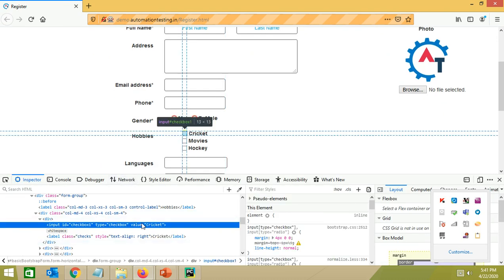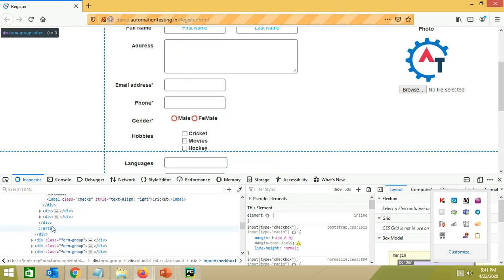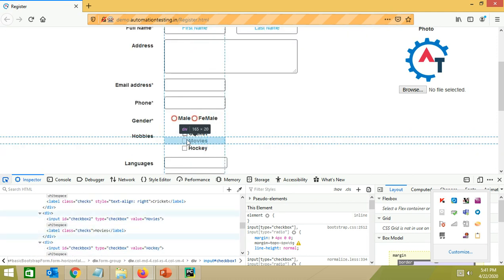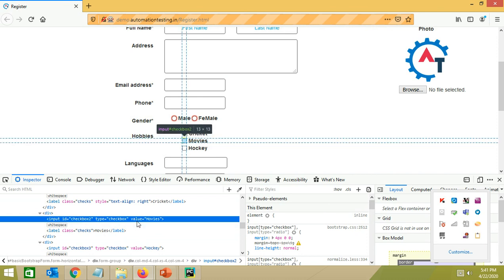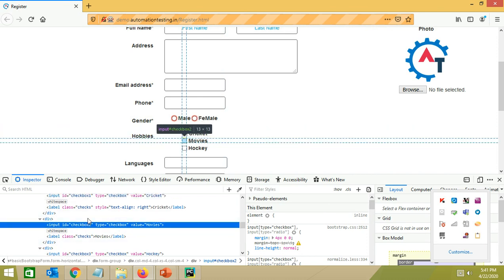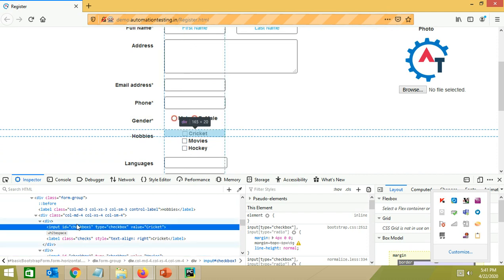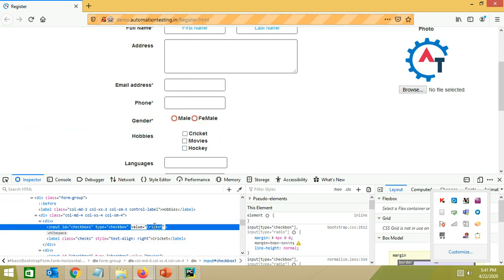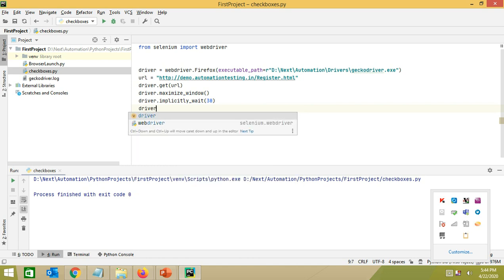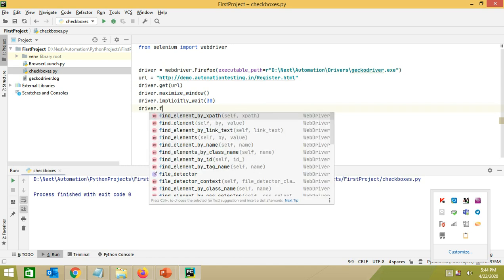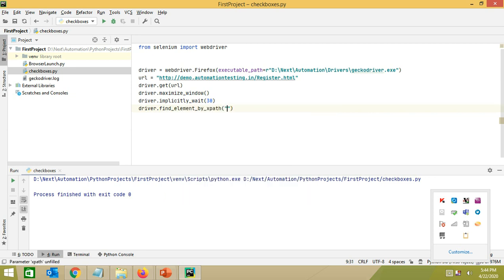inspect, and for this checkbox we have an ID field, we have ID and value. And let me quickly check the other checkboxes as well. Yeah, so we can either pick ID or value. In my case I am taking value. So for this field, we'll create an XPath. For this I will write driver.find_element_by_xpath, and we'll write the XPath for this input,